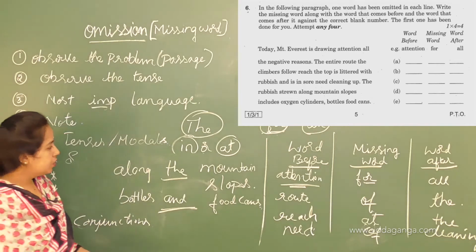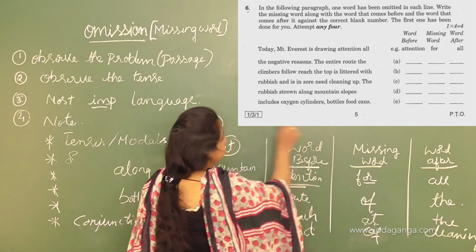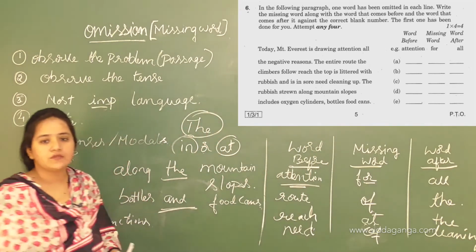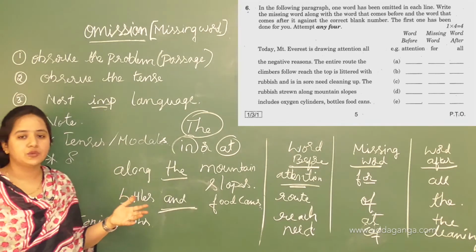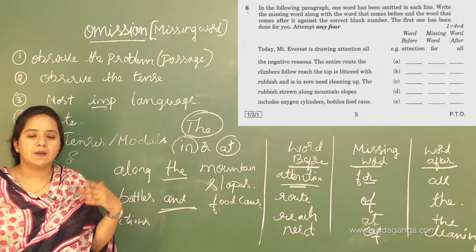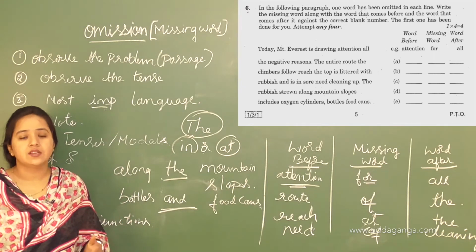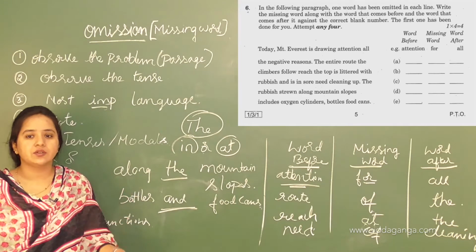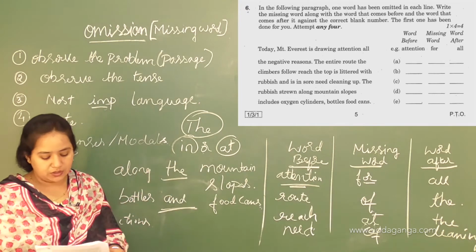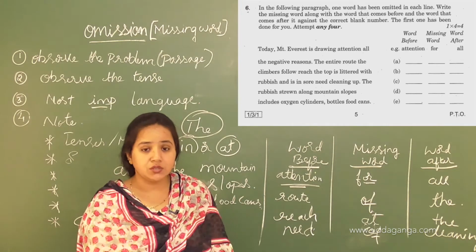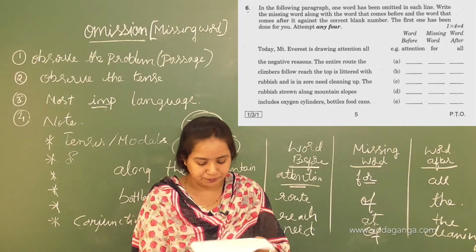So like this, you need to find out, with the rules I have told you, which things are important to observe in this whole passage and which grammatical things you need to find out. It is very easy to find out if you know all these grammatical points. So this is about this main. I hope you all have understood this main, and let's talk about the next one.